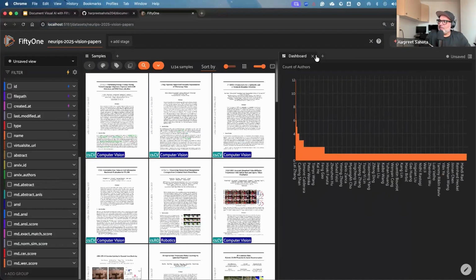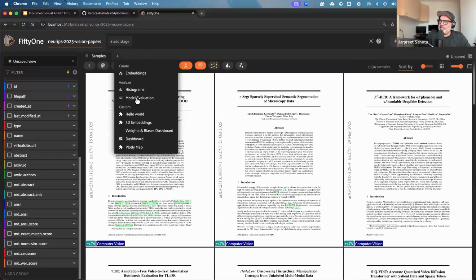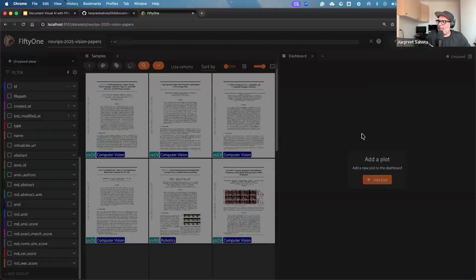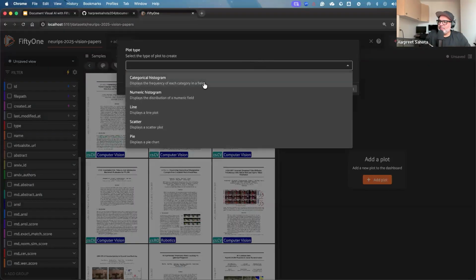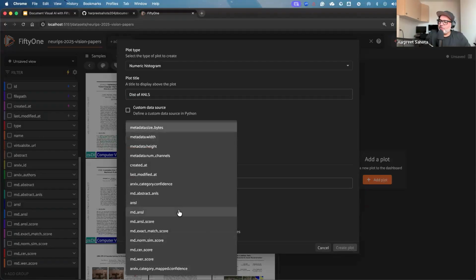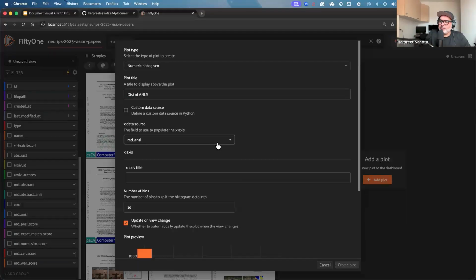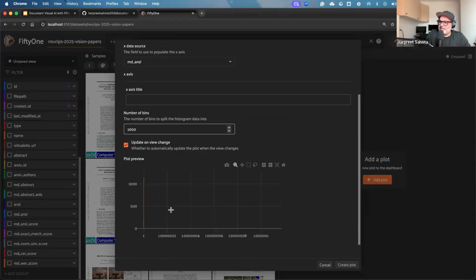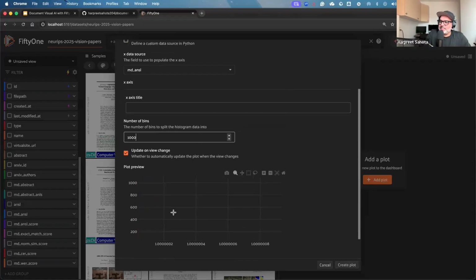What we're going to do is, again, just use the dashboard. And I'm just going to create some histogram plots real quick. And let's do numeric histogram. And we'll say distribution of ANLS. And you could rinse and repeat this for each one of these metrics. But we'll do it here. And then maybe the number of bins we want to do is, let's increase the number of bins until we get stuff that is interesting and